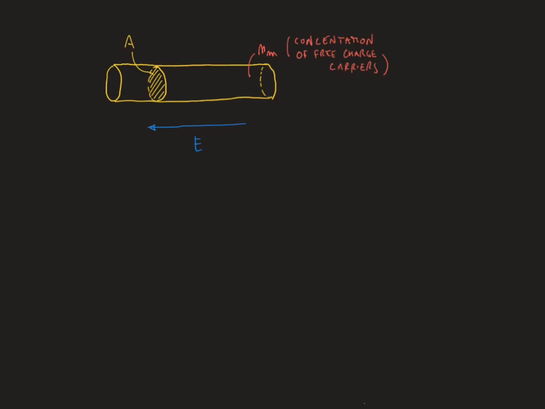We know by now that the charge carriers in the metal wire under the action of the electric field will move with an average speed, with a drift velocity, as we defined it, Vd equal to the mobility mu times the electric field. We wonder now how much charge delta Q